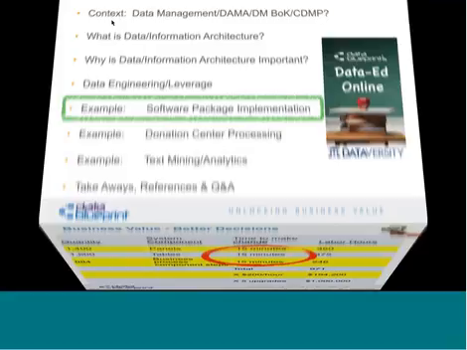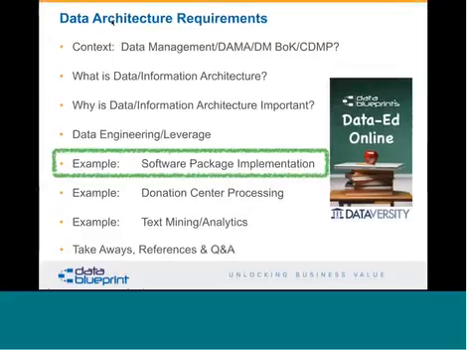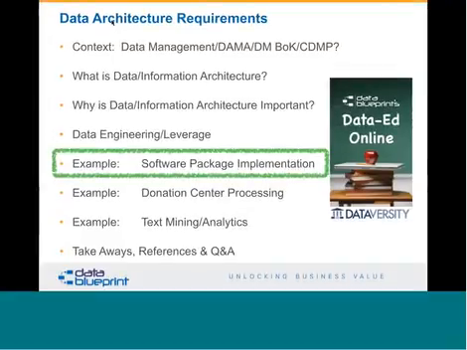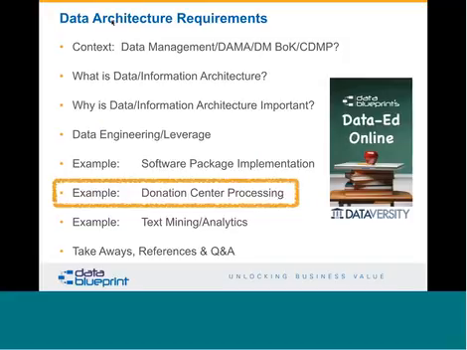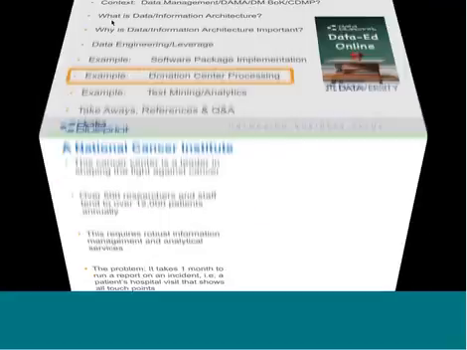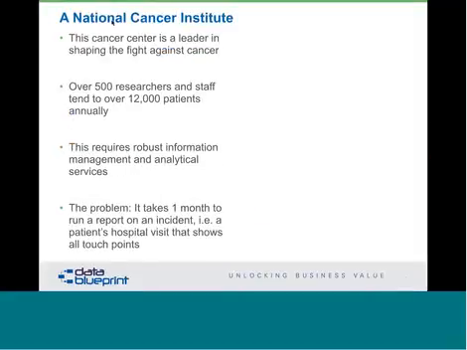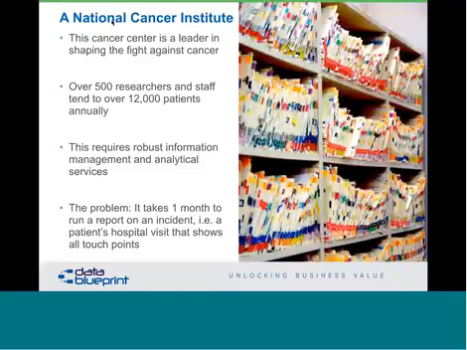Now let's move on to a donation center processing piece. Here's a cancer center that has lots and lots of knowledge workers and lots of patients. Everybody knows somebody who's been touched by cancer. When they would get a grant application, somebody would call them up from someplace and say, hey, if you have 200 patients with ear cancer, I don't think there's anything called ear cancer, I'm just giving you that as an